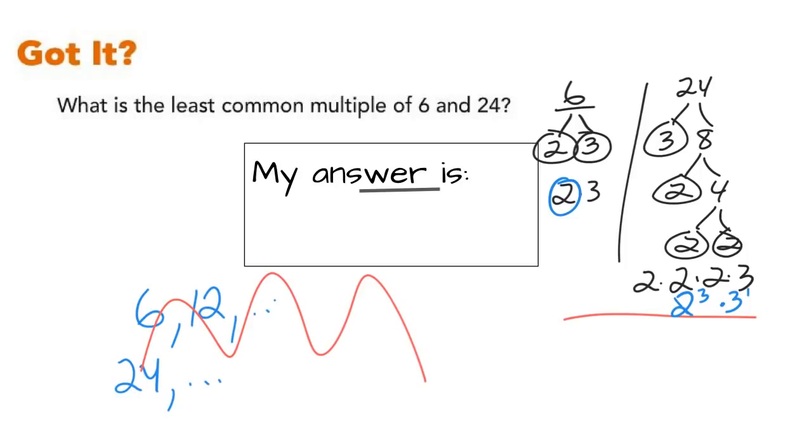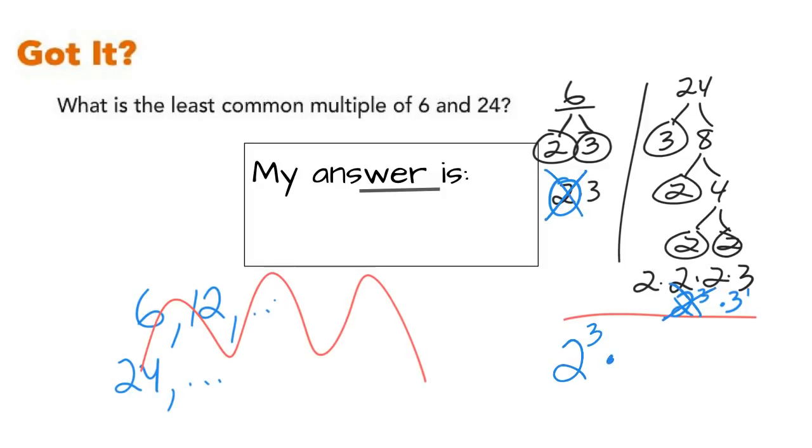Here's what you do. When you're doing prime factorization to find the LCM, a 2 appears on both lists. You only use one of those 2's. In other words, use the 2 with the higher power. Well, this 2, if it's by itself, it's 2 to the first. This 2 is 2 to the third. So I'm going to use that. So I'm going to write down 2 to the third, cross out the 2, cross out the 2 over here,